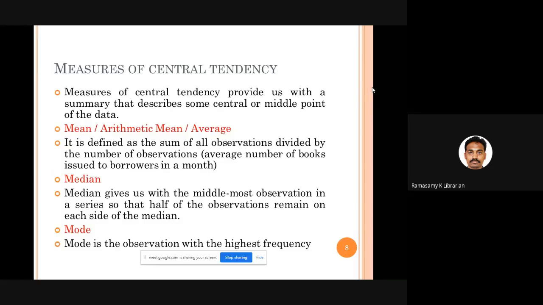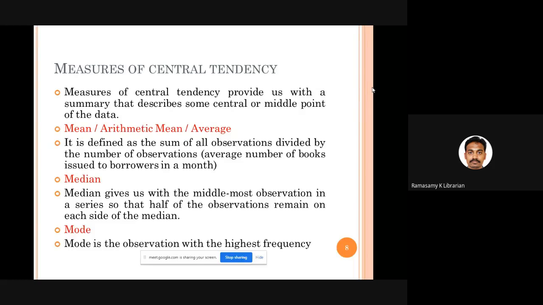What is mean, which is also called arithmetic mean or average? It's very simple. You find out the total of all observations and you divide by the number of observations, you get the mean. Okay, for example, you take the month of September 2020. How many books were issued divided by how many students have visited the library, or how many are the users of the library. So you will get the average book issues for the month of September.